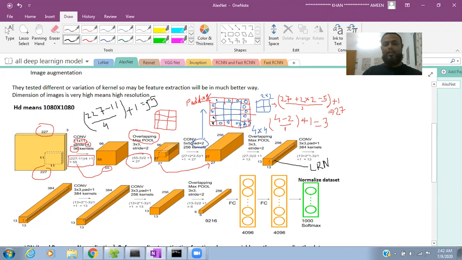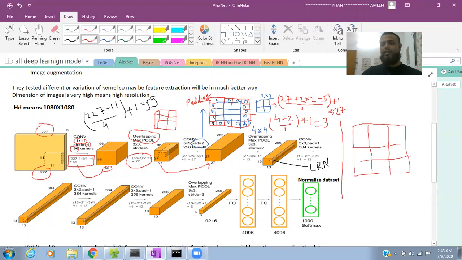Then again they pass the convolution, and they use a new thing called padding. So what does padding mean? Suppose you have some image like this. Whatever the image is, suppose I take a 3 by 3 matrix, then they do it like this. This is called padding.